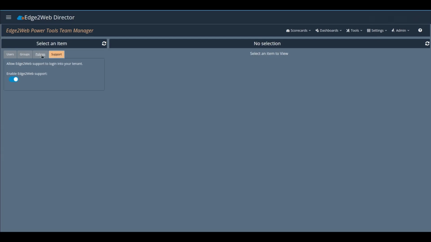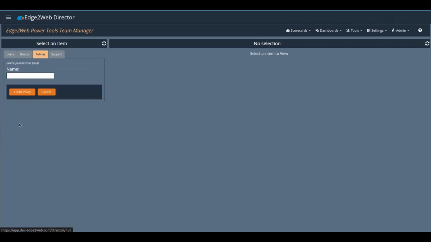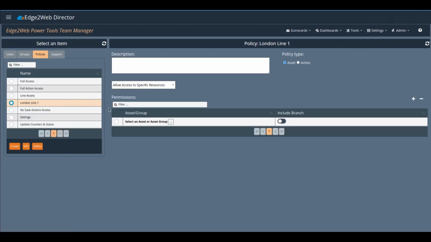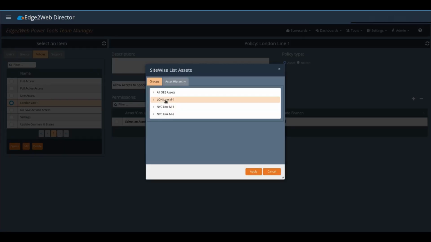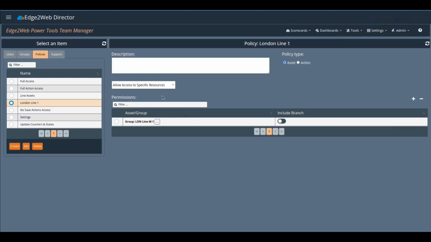Let's create a policy to give a new group of users access to assets. On the Policies tab, I'll click the Create button and supply a name for the new policy. I'll just click Create Policy. And now that the new policy has been created, I'm going to select the asset group that I want to give access to for this policy, which is the London Line 1. I apply that. I'll give access to the entire branch,